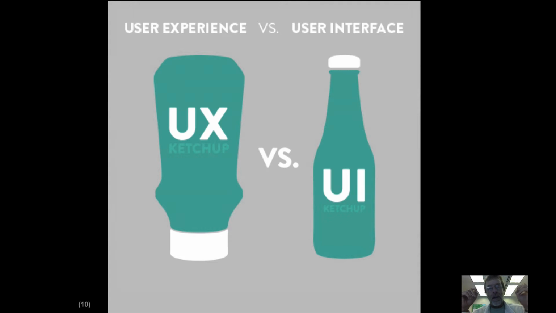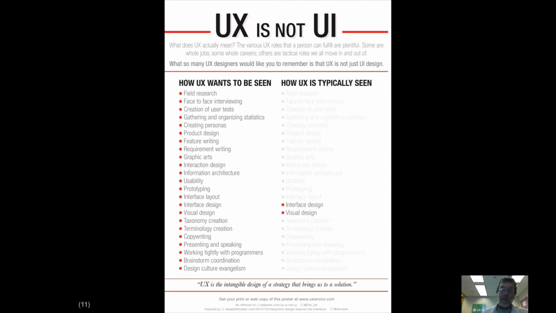Okay, so the goal of user experience is to really think about how the user interacts with a particular system, a system construed broadly beyond just the computer, but all of the other people and so forth. And how can we make that better or optimize it? So user experience is a lot more than just interface design and visual design, which is more the UI part of it, but it also involves